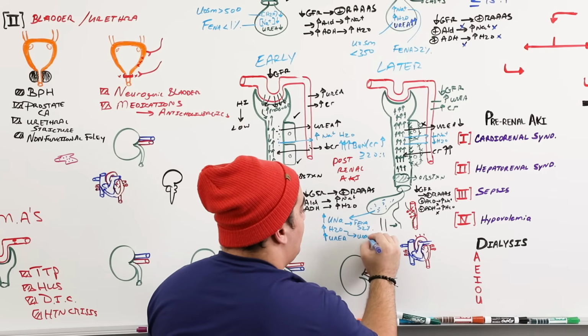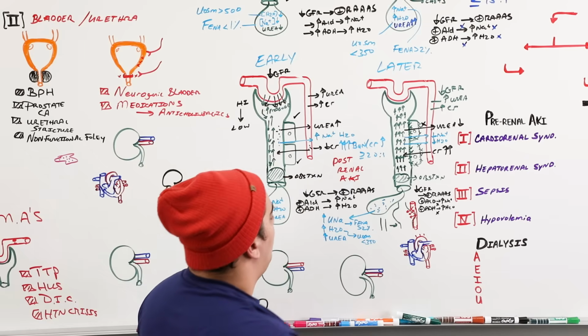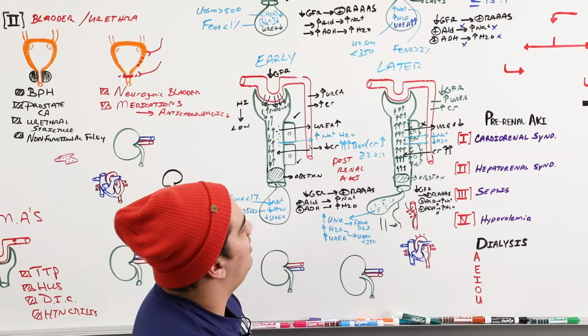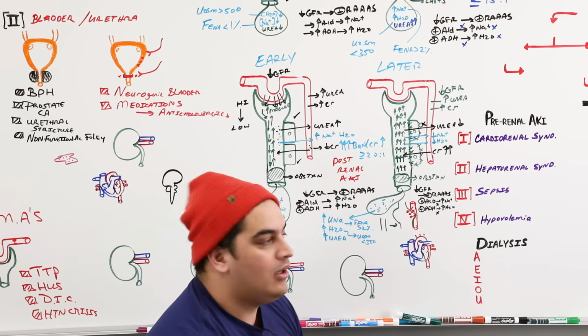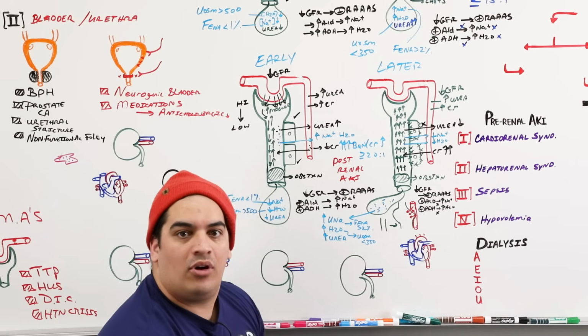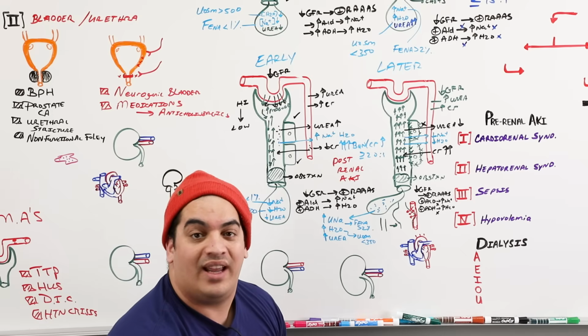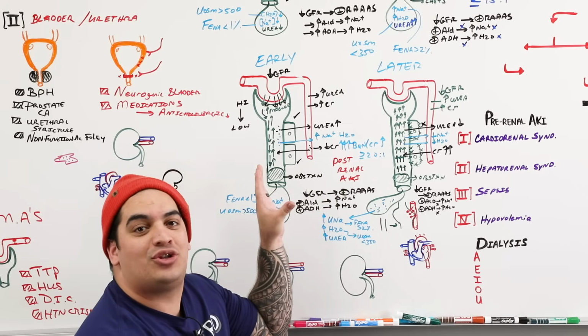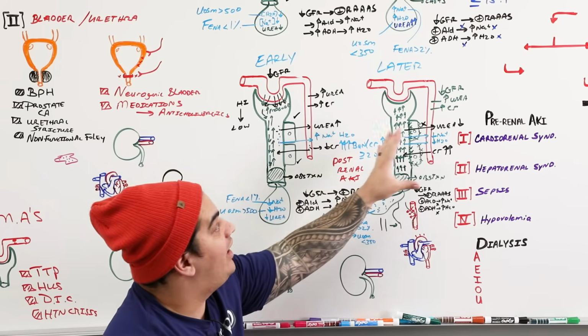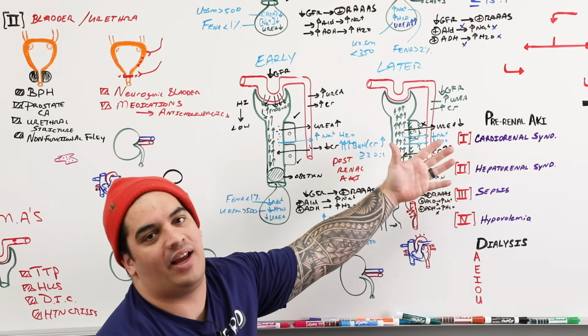So the urine osmolality will be less than 350. My gosh, if this doesn't look like something I've seen before, it's intra-renal AKI. So you know what I want you guys to remember and take away from all of this? I know it was a roundabout way of getting there, but post-renal AKI in the early stages looks just like pre-renal AKI. And the later stages look just like intra-renal AKI.